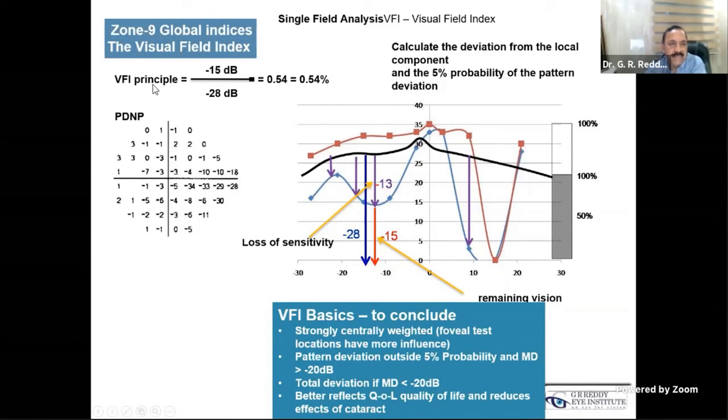That is actually the VFI principle. Whatever the existing vision he has, and how much he has to lose completely to become totally lost, that is converted into percentage. So 100% is normal, and the index is easy to explain to the patient. In the first visit, if the patient is 98 and next visit he has 78, we can tell that you had 98% of vision and now you have only 78% of the vision. The patient appreciates that he lost 20% of the vision. That way we can have a better appreciation and explain to the patient in a better way.